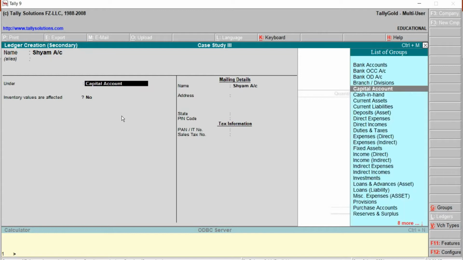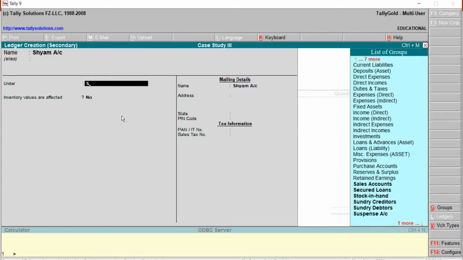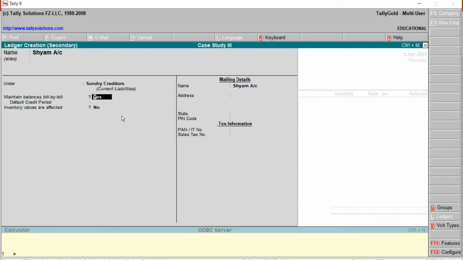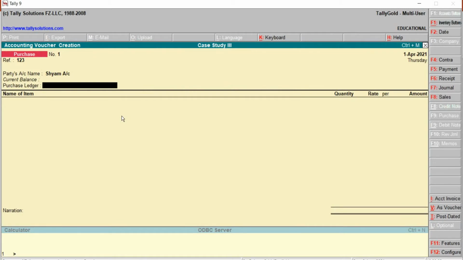And this will be allocated under the group sundry creditors. Then later save. To save and quit back, we can use the key, that will be Ctrl A. Then later we have to go for creating purchase account.